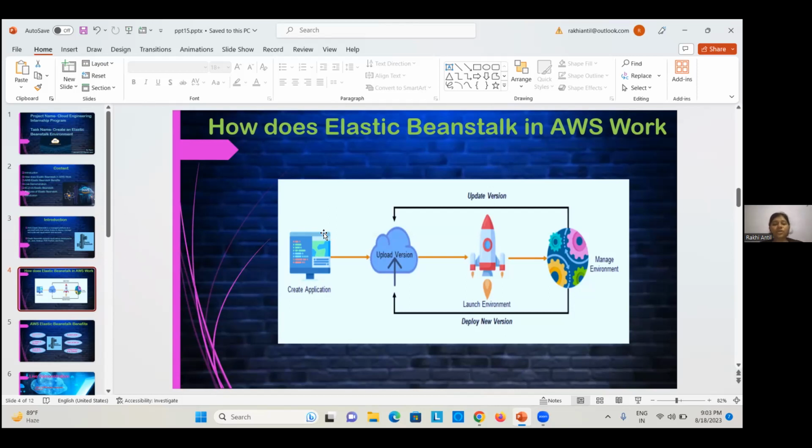First you need to create an application, upload an application version in the application format, and after uploading the version, you can upload your version in many other platforms like Java, PHP, Python, Ruby, and others. It provides some information about the applications. After that, Elastic Beanstalk automatically launches an environment.